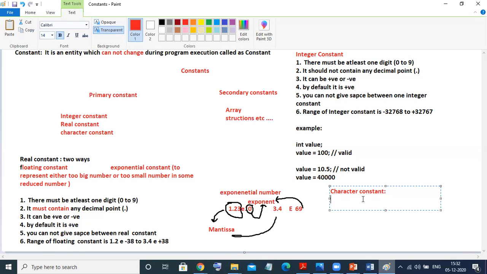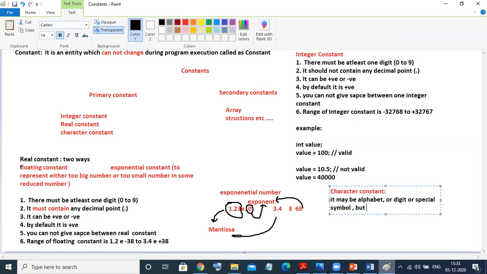But here, whenever I call it a character constant, that means it may be an alphabet, or a digit, or a special symbol,